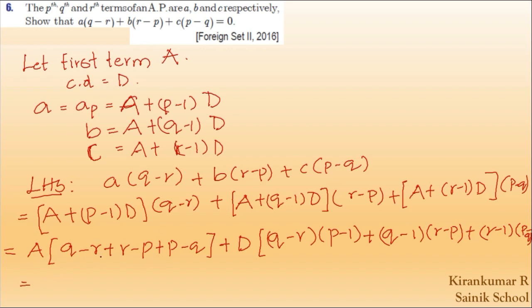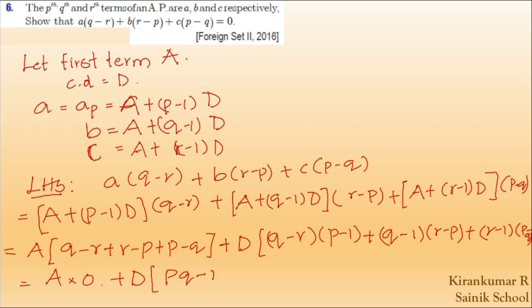Look at this. Here all the terms are repeated. One is positive, another is negative, so they get cancelled. We'll be getting A multiplied by 0 plus D times, let's multiply this, q multiplied by p is pq